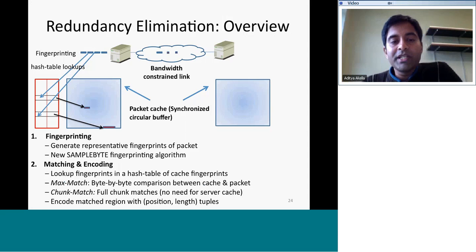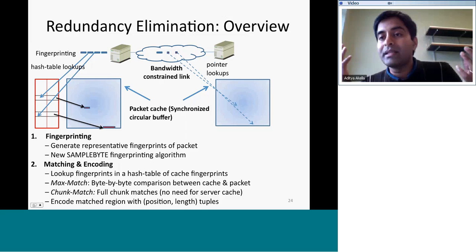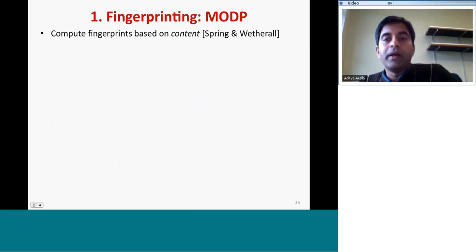Okay. So once you have found these matches, what you do is you take out the matched region and you encode it with a memory address that indicates the position in this cache and a length that indicates the length of the matched region, and that's essentially what you end up sending as these little red blobs across the line. Once they get to the other point, you look up the memory address in the other cache and you reconstruct the original bytes. Notice that you assume here that the caches are synchronized, because if they are not, the memory addresses at the remote end may be something completely different. Okay. All right. So let's look at these fingerprinting schemes.